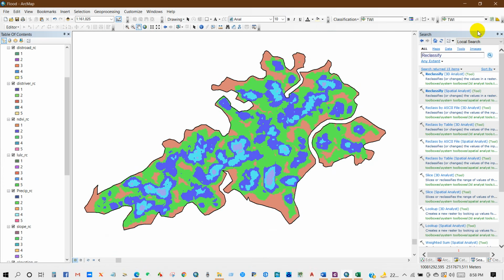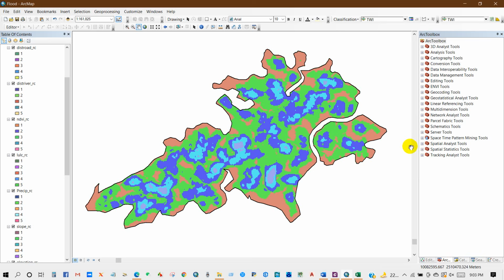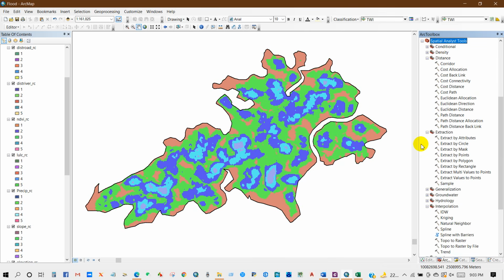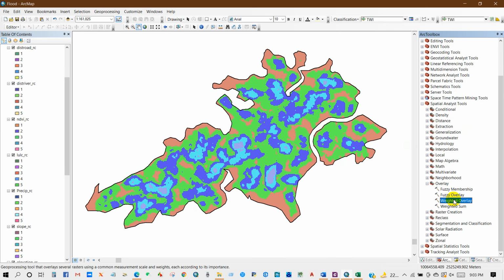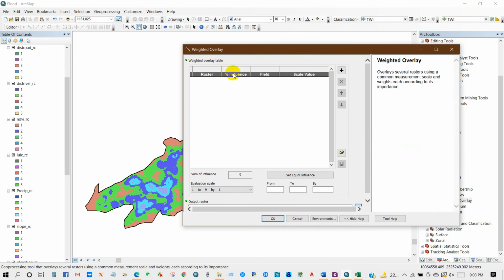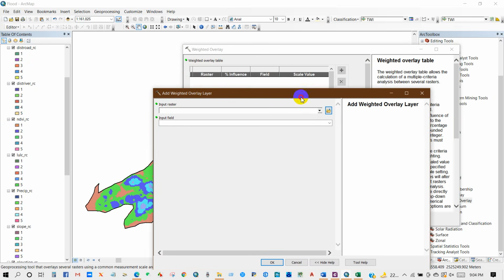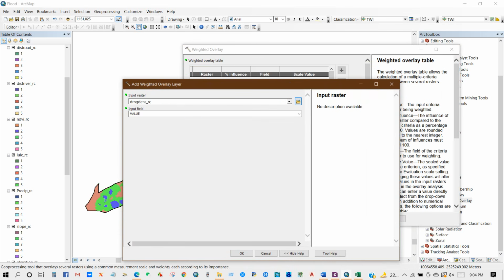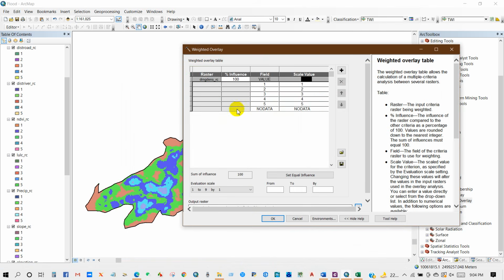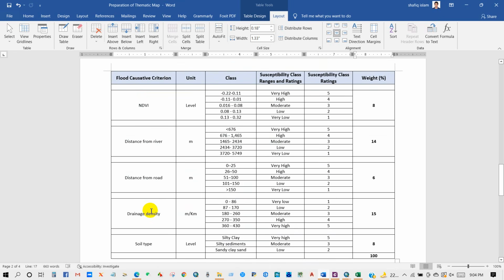Now in ArcGIS I will put all the factors and weights using the weighted overlay technique. So for that, go to overlay and then weighted overlay and add all reclassified factors. Drainage density, then OK. Similarly, add all the factors here. Drainage density,